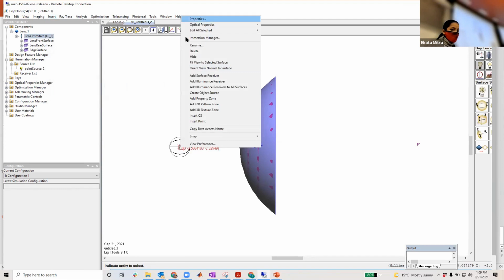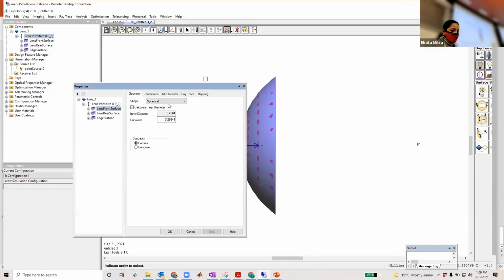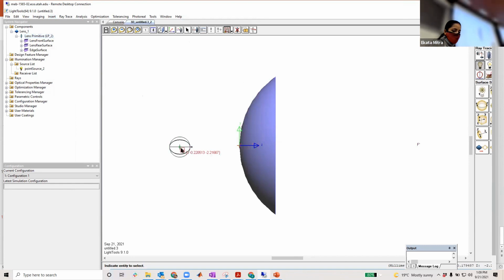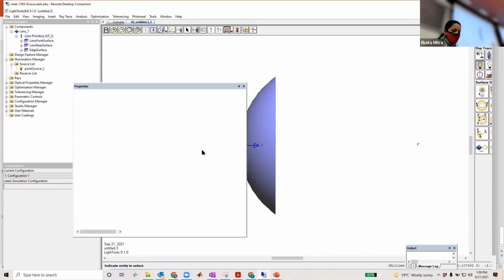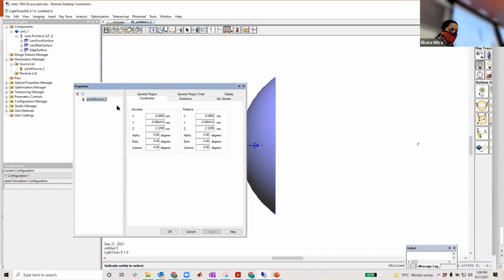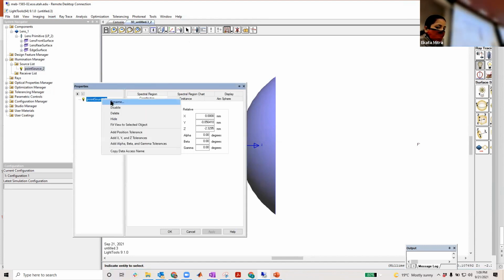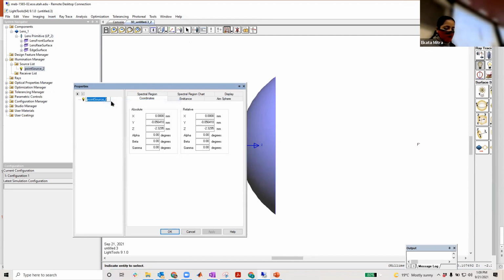And from the properties, you can see there is a name, point source 3. You can rename it, like sun. You can change the coordinates again.